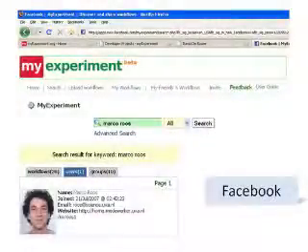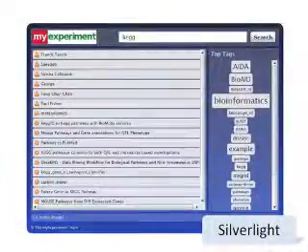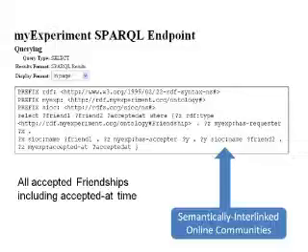If you're a Facebook user, you can access the myExperiment search. I haven't got an example of it because I sort of need a physical one. We have an Android interface as well for mobile users. There's a Silverlight interface building a rather dynamic session-oriented interface over the top of the functionality that's there. So this gives you an example of some of the things people are doing. There's a query to the SPARQL endpoint.